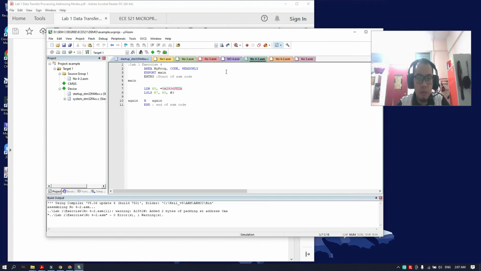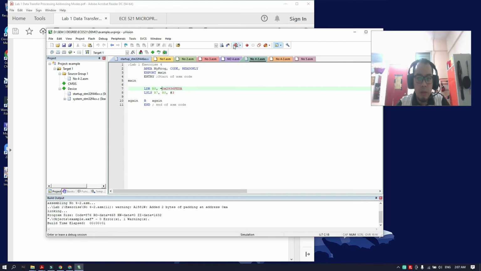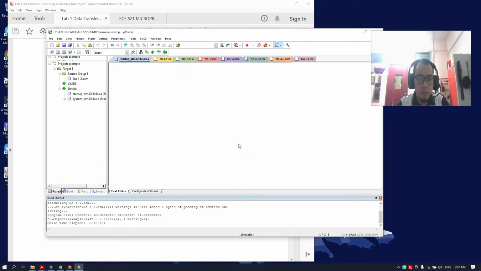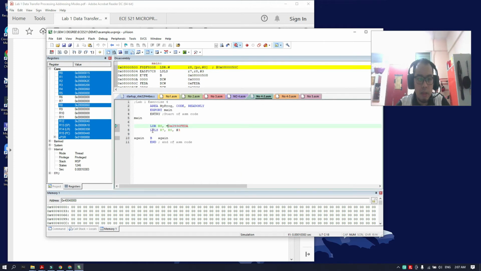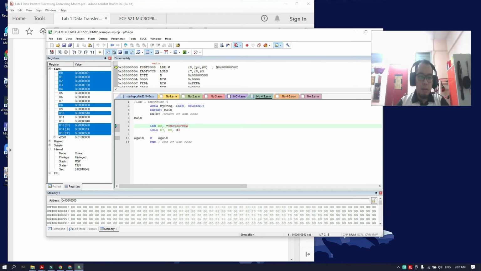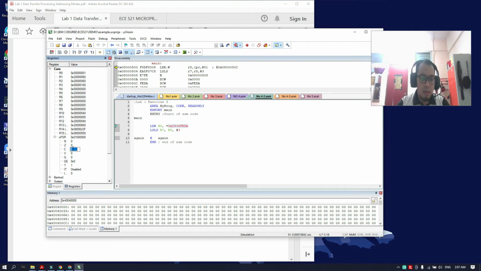For 2, ASR is true. For 2, build target, 0 errors. All right, for 2, LSLS. All right, nice. First set to 1. Okay, let's execute. Next steps, and now the value is being filled into R8, and now